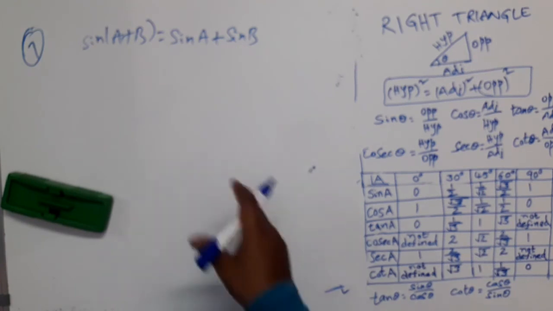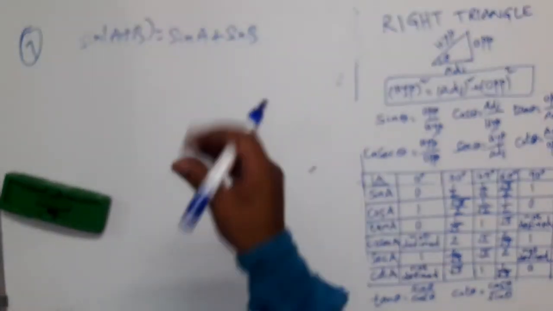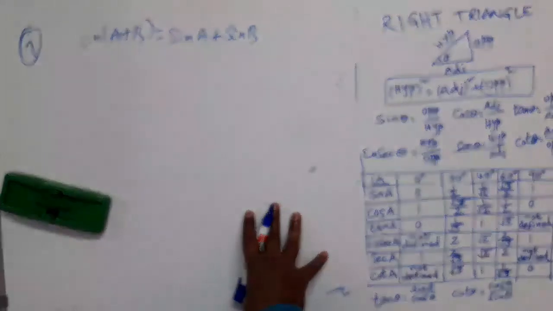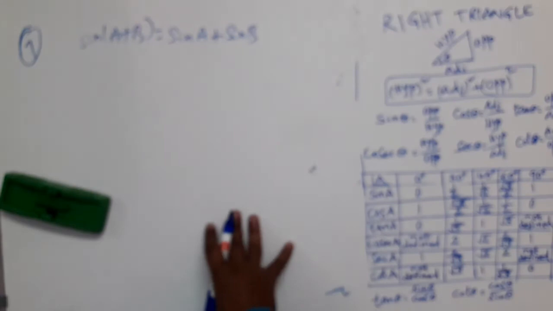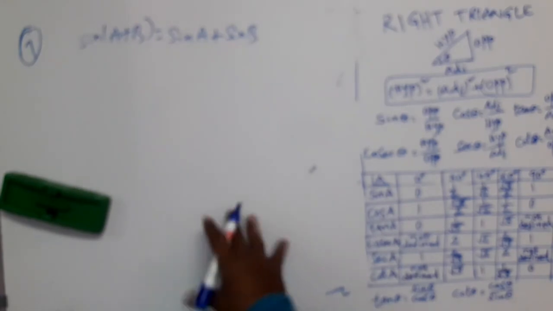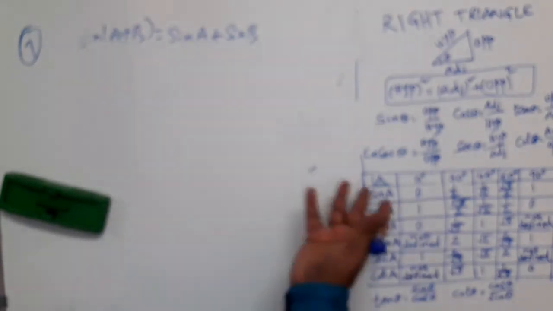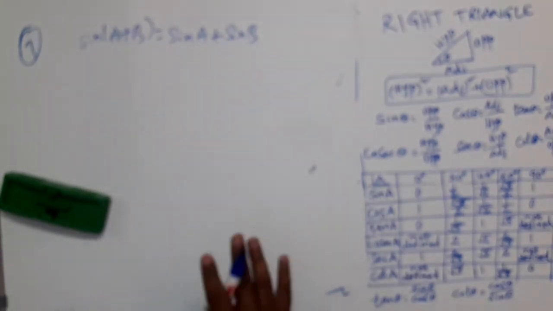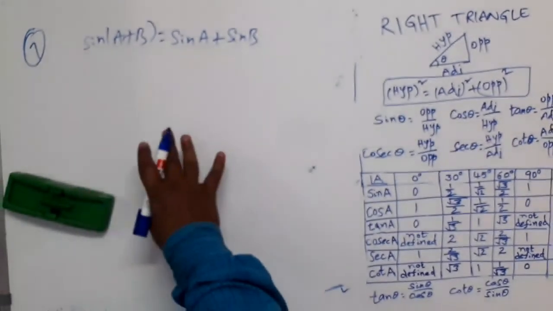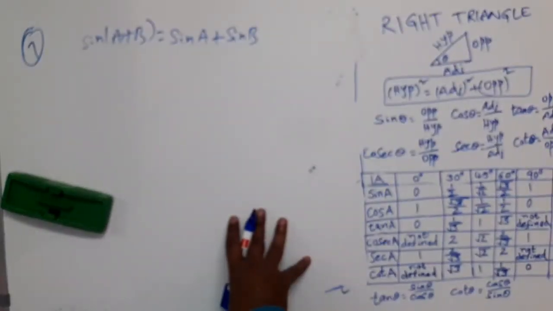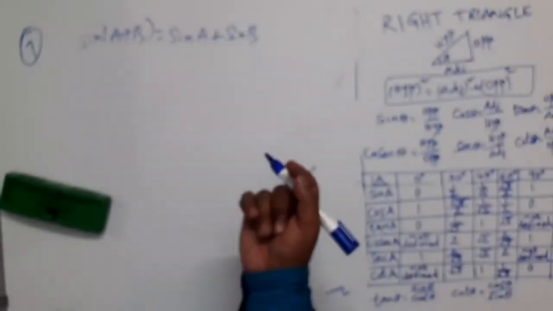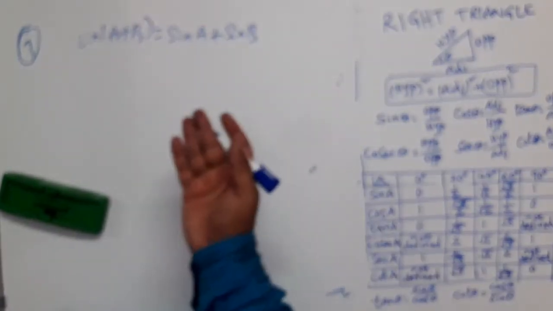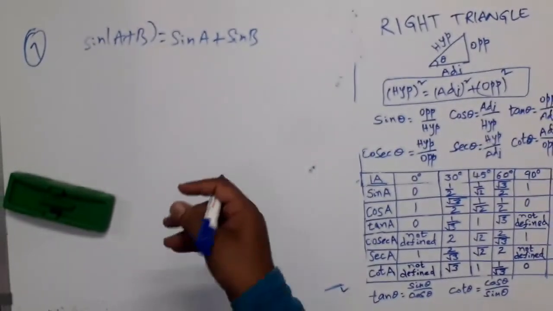See, to decide this is true, that will be a very difficult task. Why? Because how many angles are there, A and B? Infinite angles are possible, right? You cannot verify whether this equation is true for all values of A and B, right? So it is difficult to say that this is true. But to say that this is not true, is easy. Even in one case, if it fails, we can say that this is false. Is it not?